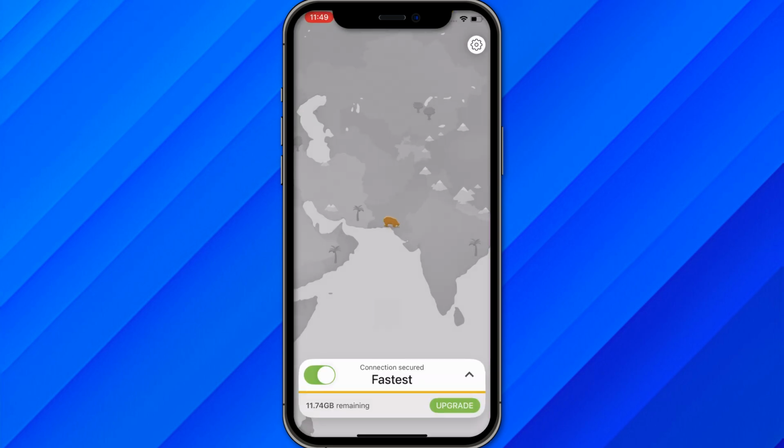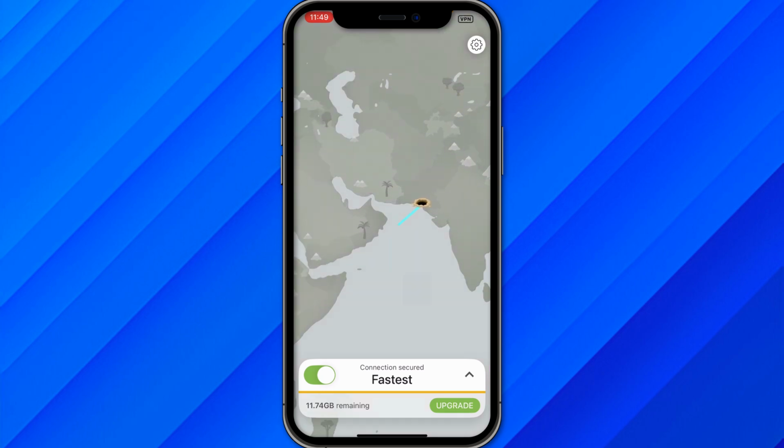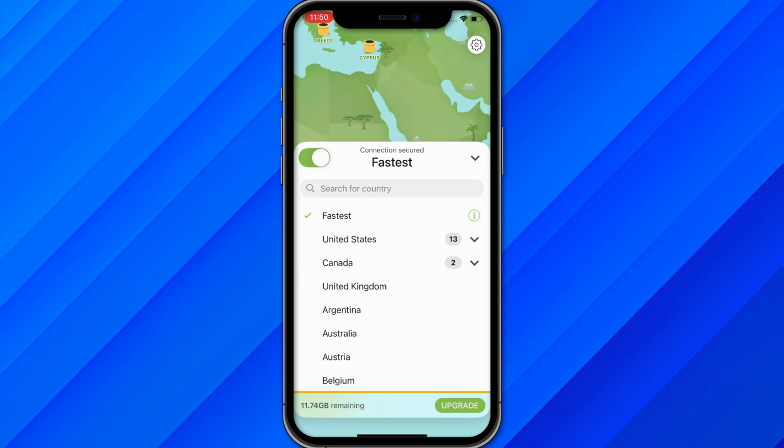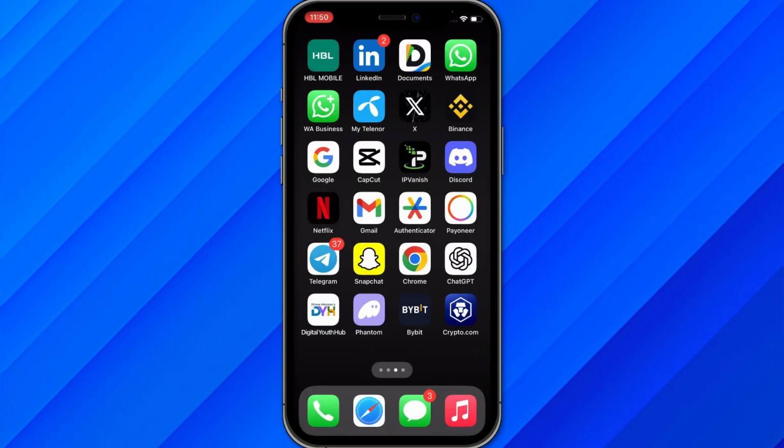So give it a few seconds, and here you can see your remaining data, and it has connected to the fastest connection, which is Kenya for me, and for you that might be different. So make sure to just click on the fastest, and once you click on here, go back to your